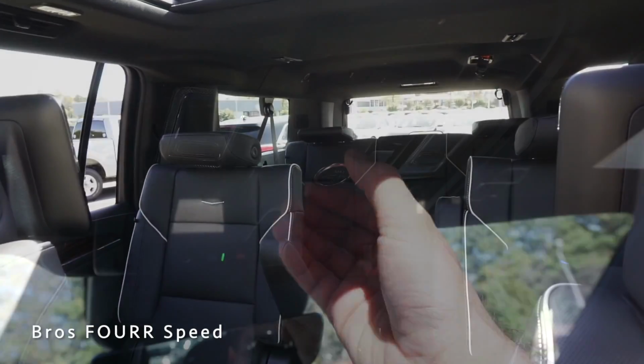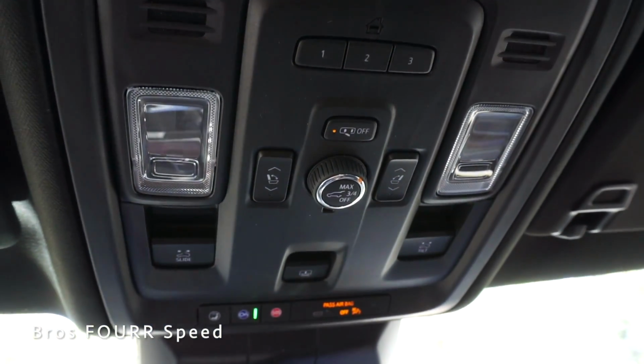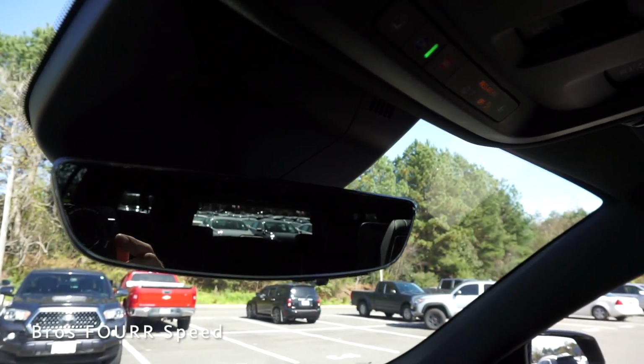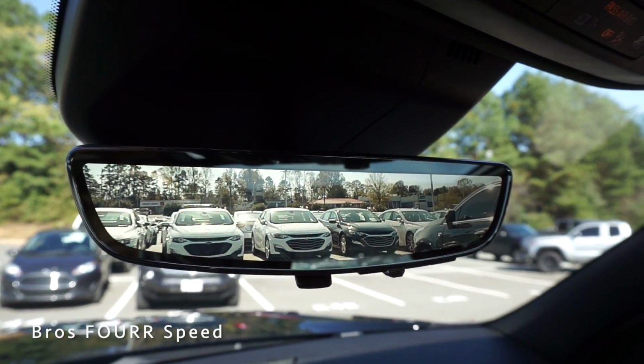And then right in the center, we have the adjustment for the liftgate. You can have it at max, 3/4, or off for the power liftgate, and the dome light switches are up here as well. And then last up, looking at the rear view camera, you can see it's a regular camera right now looking out of that back glass. But if we go ahead and flip it up, now we have an HD camera to give you a lot